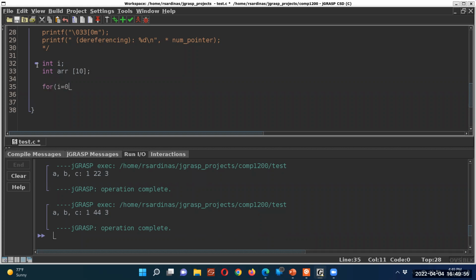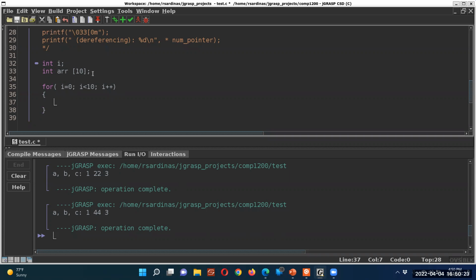Now let's make our loop. So we'll start at 0. What is this middle section going to look like? When do I stop my loop? Less than 10. So as long as i is less than 10, I'll keep looping. We'll increase by 1 every time. And here I want to put 1 through 10